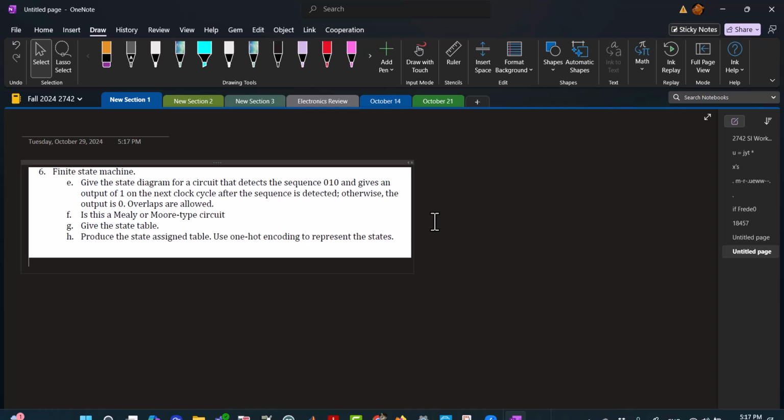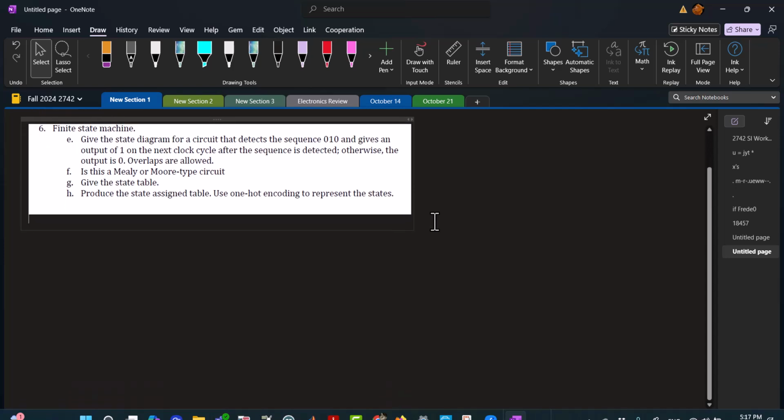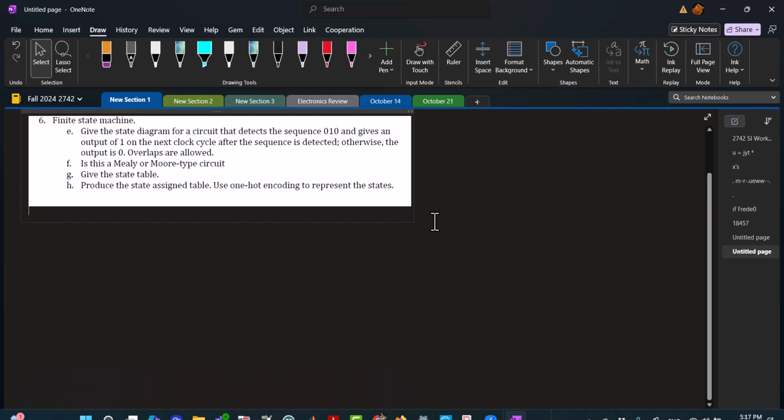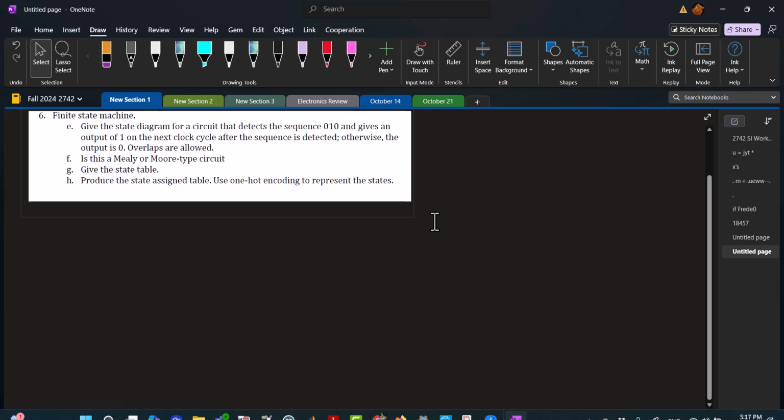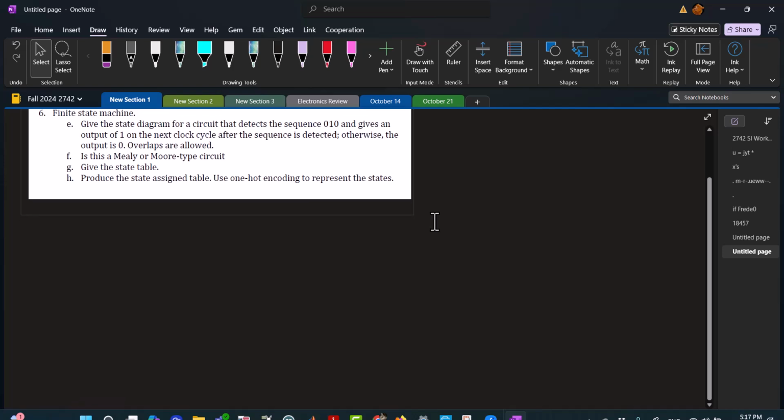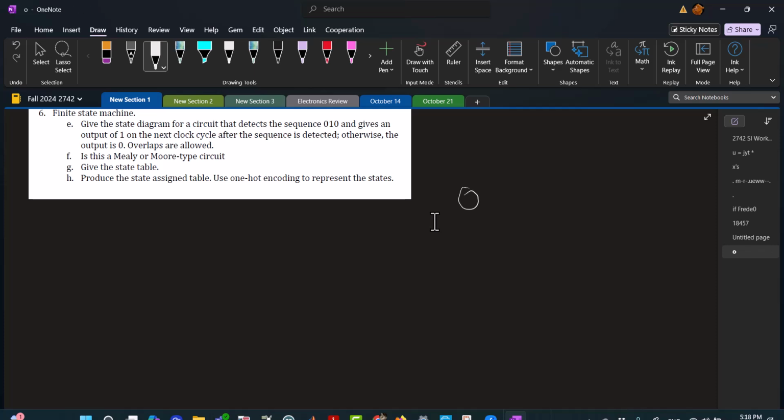Okay. So give the state diagram for a circuit that detects the sequence 0, 1, 0 and gives an output of 1 on the next clock cycle after the sequence is detected. Otherwise, the output is 0. Overlaps are allowed. So this is just like what y'all did for your lab today. So we want to think about our paths towards getting this sequence 0, 1, 0. So a 0 gets us 1 step of the way. A 0, 1 gets us the next step, and a 0, 1, 0 means we have it,